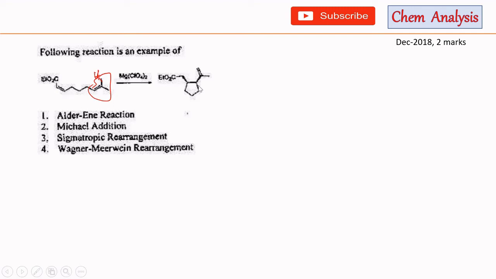Since here we can see that there is a 5-member ring, so here will be the 5-member ring: 1, 2, 3, 4, 5, and there is a double bond shift taking place in this case. So we can see from this product that the reaction is the Alder-ene reaction. And I am drawing the mechanism of this reaction. If we first write the structure of the compound,